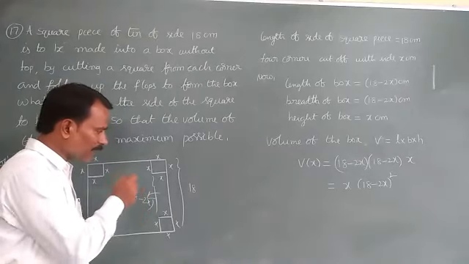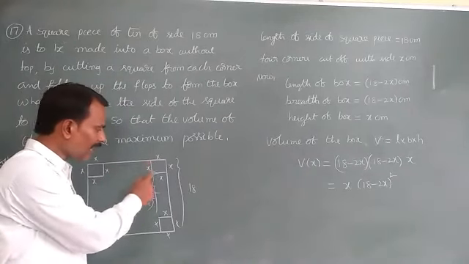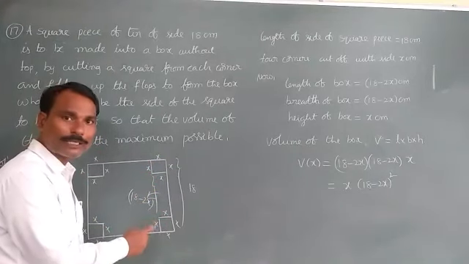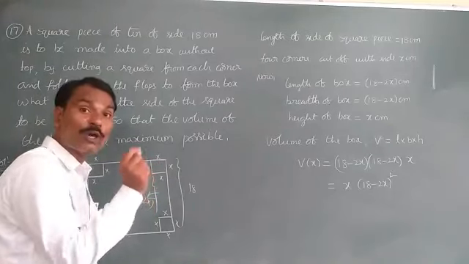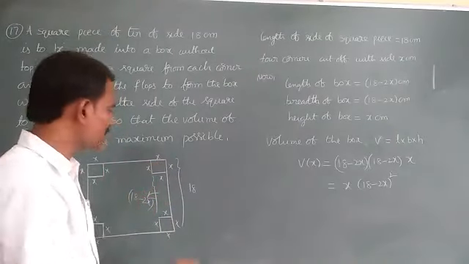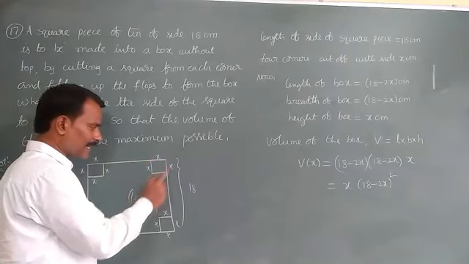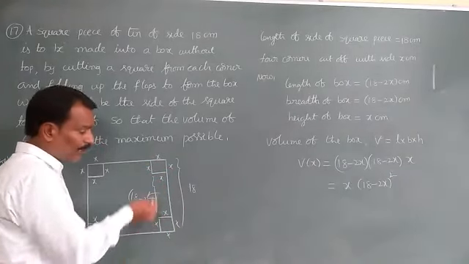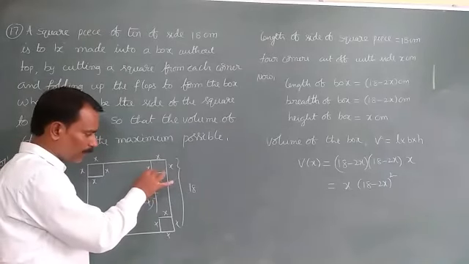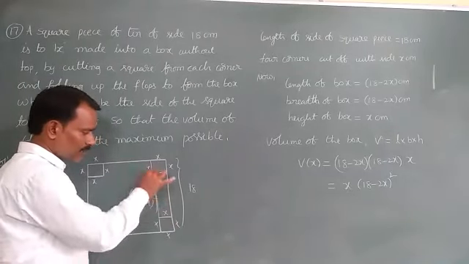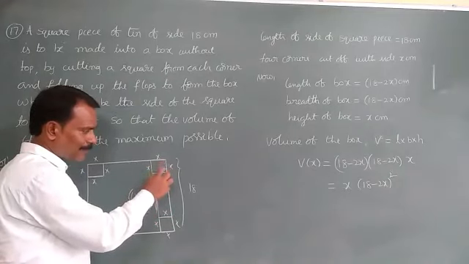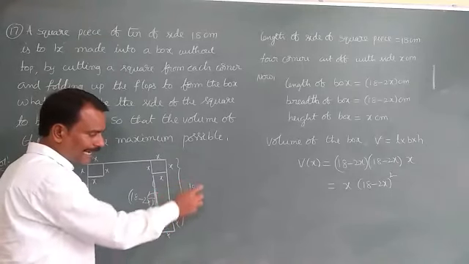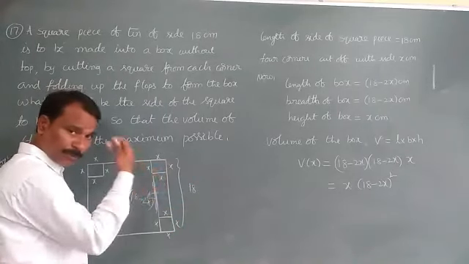But what action have we applied on this sheet? Corners we cut. How much we cut? That is also a square piece, x by x like that. Just remove it. What is the remaining of this part? If you observe here, x centimeters removed, here also x centimeter. That means out of total 18 centimeter, 2x we removed.